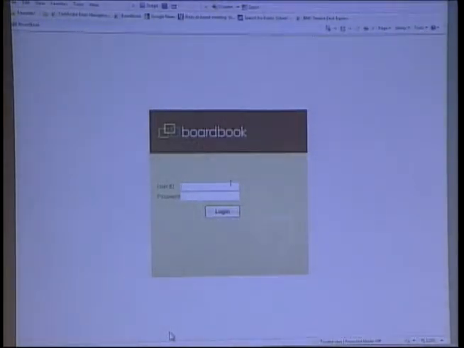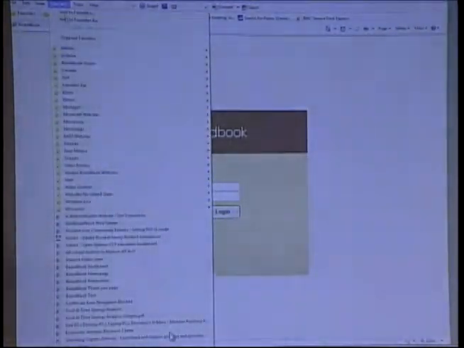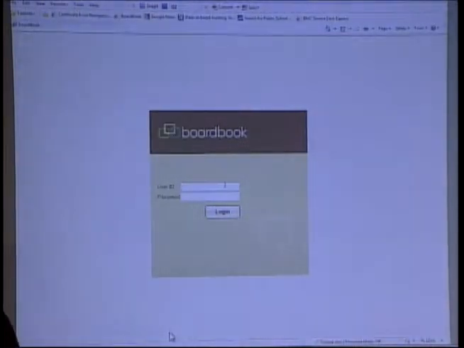Once you're at the login screen, it helps to create a bookmark or a favorite on your browser. Up here I have a button to log into Board Book. I just click that and log in. So to create a favorite, you can simply go to Favorites and add to your Favorites bar, add to Favorites. And that, you can scroll down. Board members, each of you would have your own unique user ID and password.